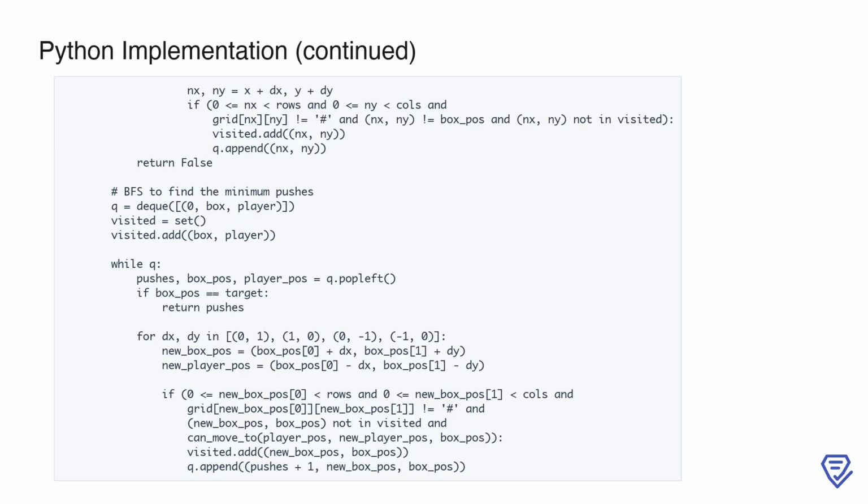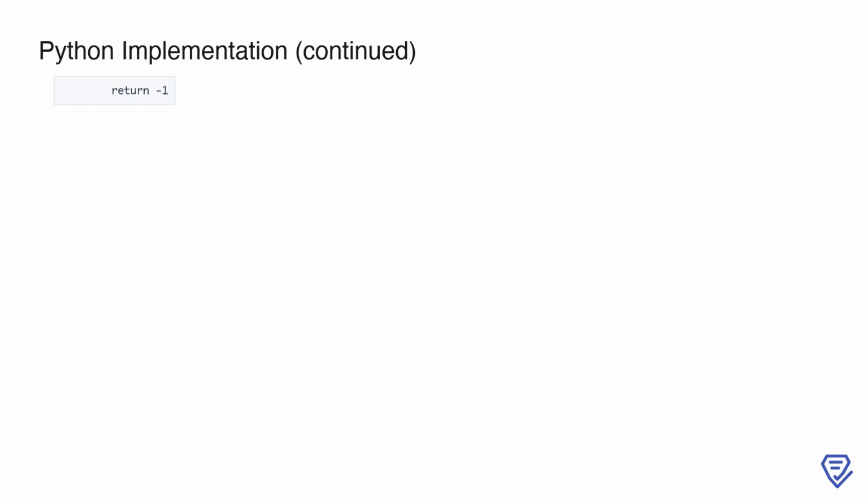Otherwise, we explore all possible directions by checking if the box can be pushed in each direction, ensuring the new positions are within bounds and free of obstacles. If the player can reach the position required to push the box, we add this new state to the queue and mark it as visited. Finally, if the queue is exhausted and the box cannot be moved to the target, we return -1 to indicate that it is impossible to achieve the goal. This ensures that we handle edge cases where the target is blocked or unreachable, completing our implementation of the minPushBox